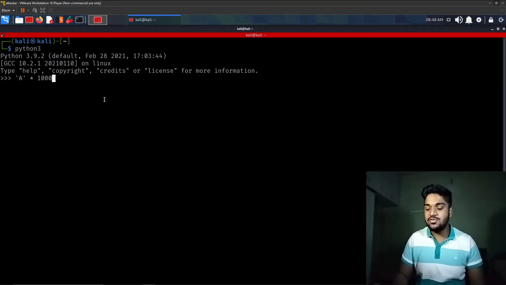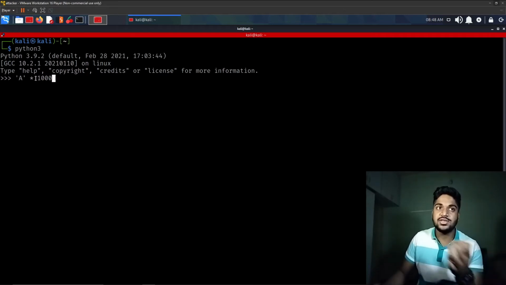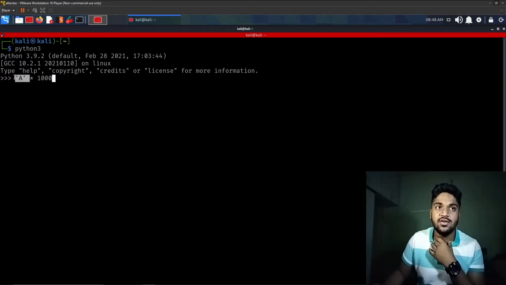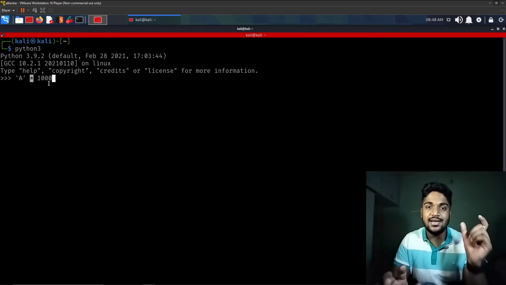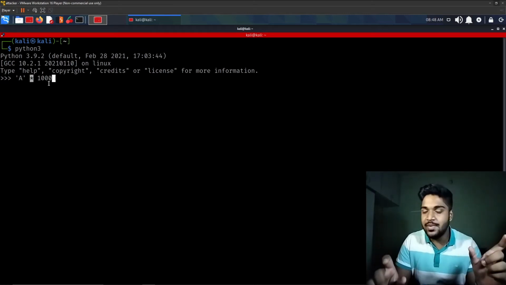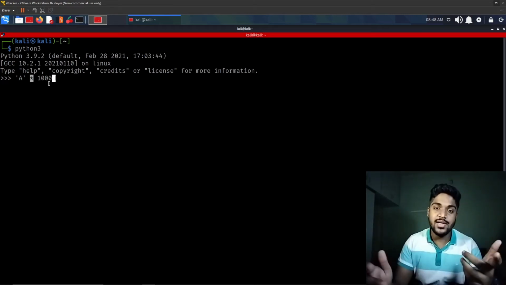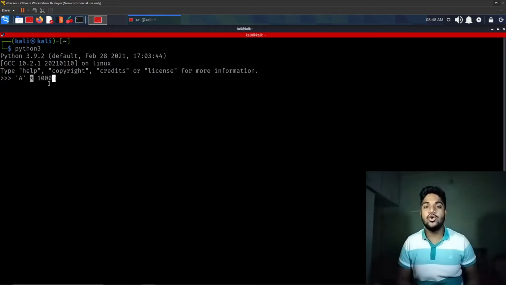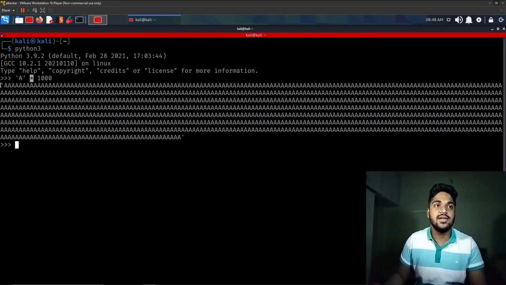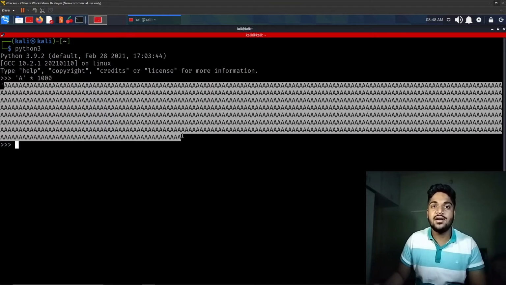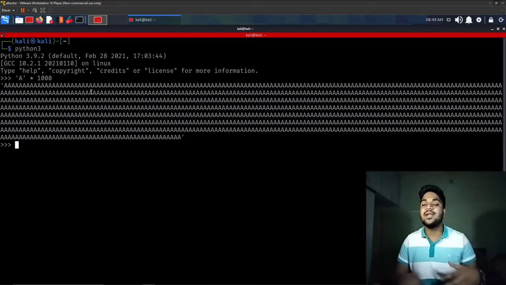And what will this do? This is, again, an expression. This is an integer value, this is a string value, and we can do replication, we can do concatenation. The thing is, we cannot concatenate a string with an integer. We can only replicate a string with an integer, and we cannot replicate a string with a string. So this is what you need to understand. We can multiply numbers with strings, but we cannot add numbers with strings. So once I run this expression, my a will print out 1,000 times. Whatever number I have given, it will replicate that many times.